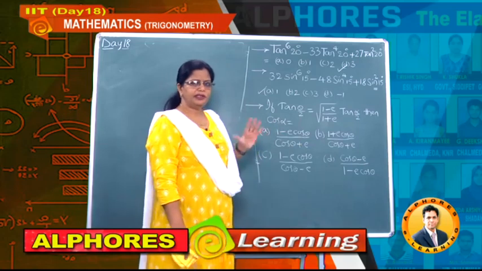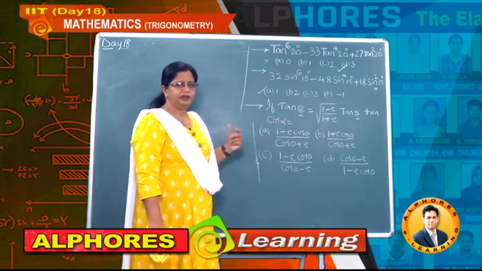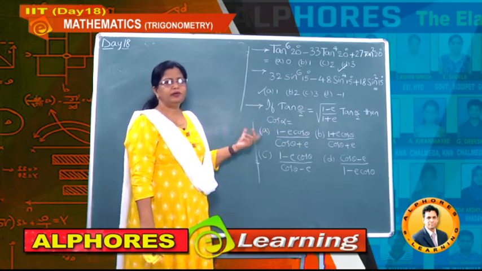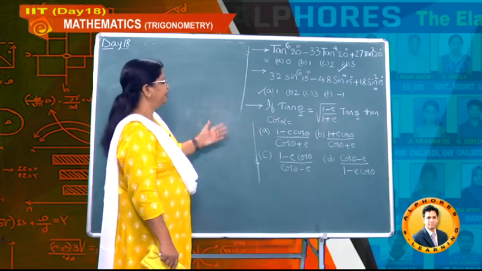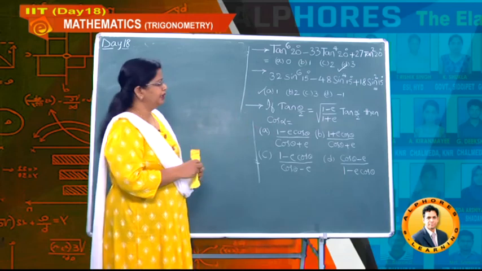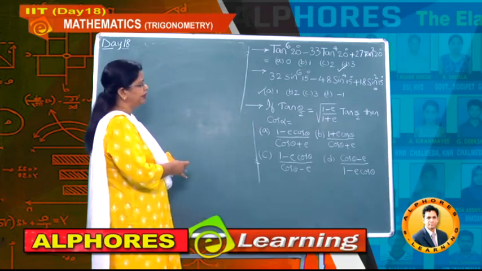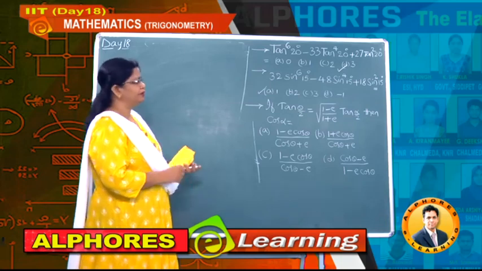Understand? That means there is a change in angle. Whenever there is a change in angle, twice or thrice etc., we have to go for the concept of multiple and submultiple angles. Then what is the concept, students, we have to use in this problem? Let us observe first tan theta by 2, tan alpha by 2, and what about cos alpha.